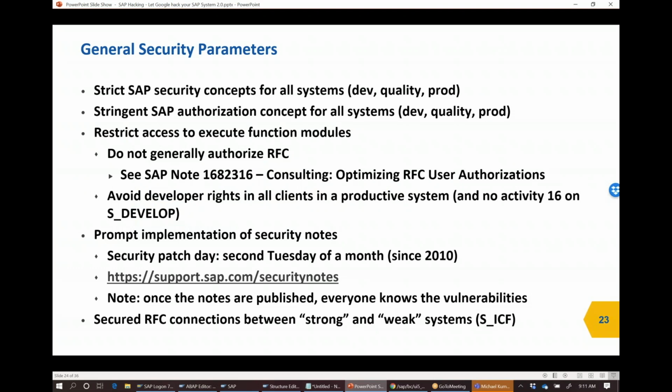There are several security parameters that we can set. There are different concepts we have to follow. I think what's very important is that we have a strict security concept in all our systems. That means we have to protect our dev systems, our quality systems, and also our productive systems. What it also means is that when we talk about a productive system, like my XIE here that I was showcasing,